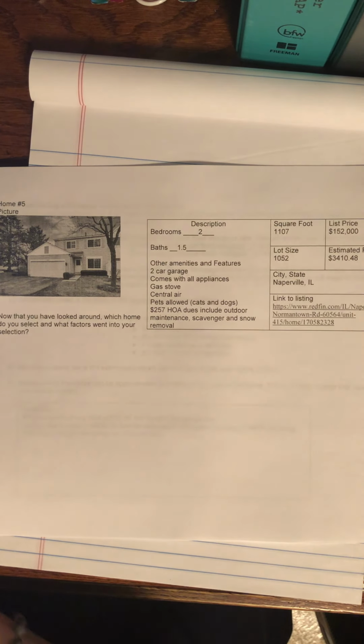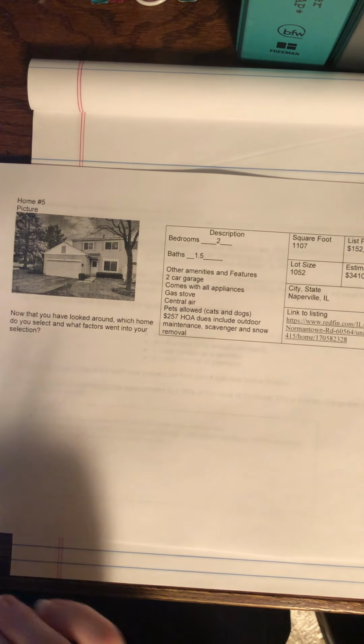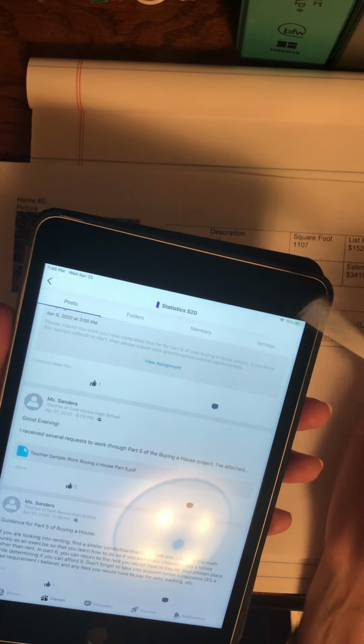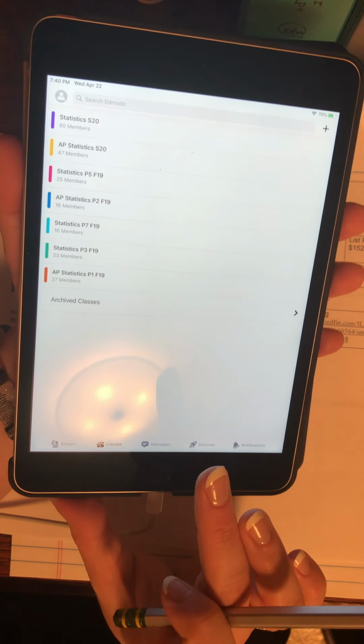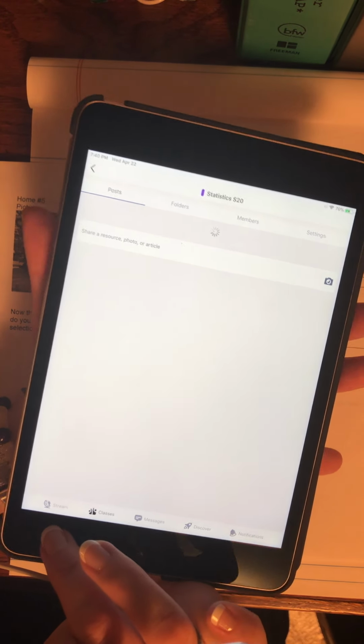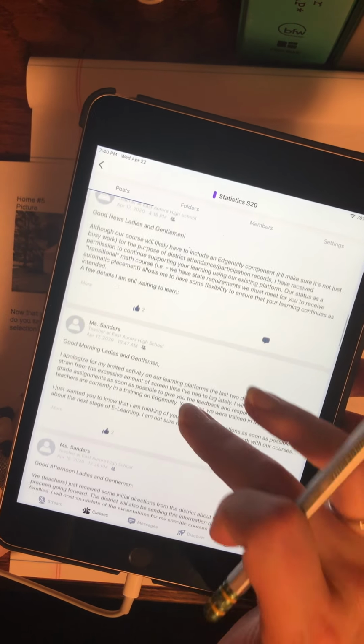For my students, in order to find the digital version of the printout that I have here, you'll want to go to our actual course page. So on Edmodo Statistics S20, make sure you actually go to the classes and then select our class. Don't just stay in your stream feed because you're going to have to scroll through a lot of things in order to find it. Now, if I scroll through this,